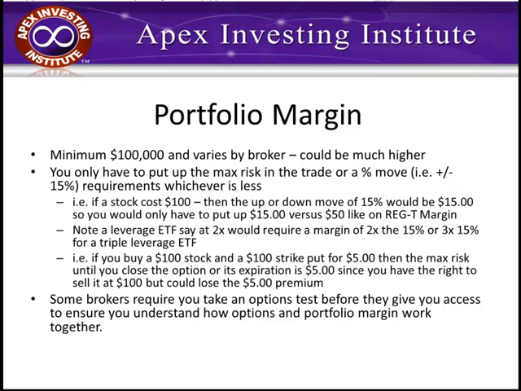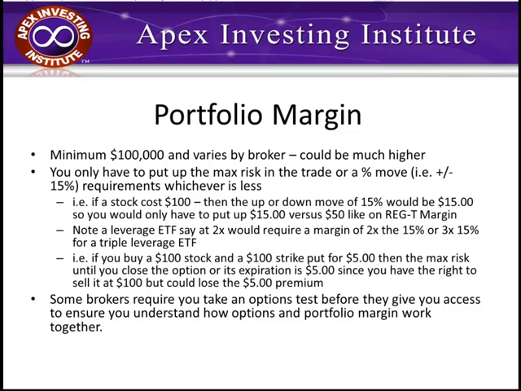And some brokers may require 150, some may require 250, so you have to shop around to find the right one. Most of them that I've talked to now are usually requiring about 125. 100,000 is the minimum they're allowed to give you portfolio margin with. And what portfolio margin means is that you only have to put up the risk in the trade or percent